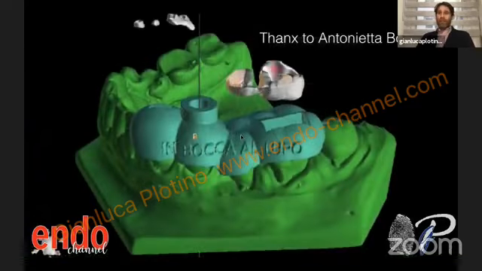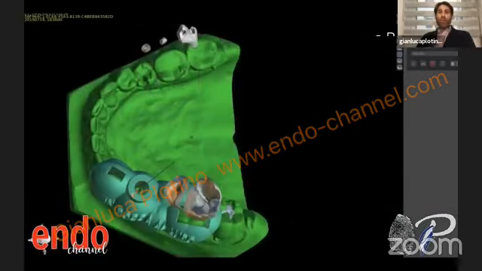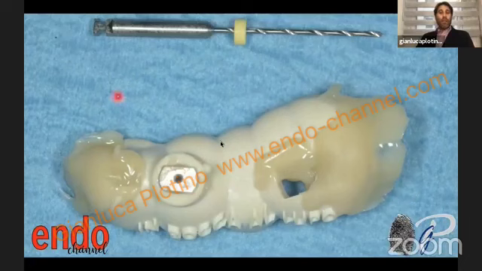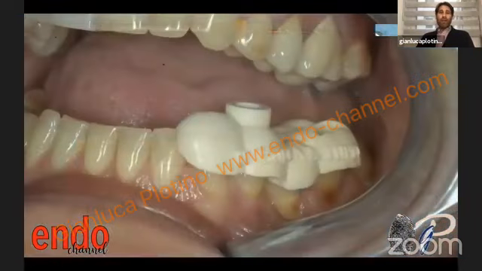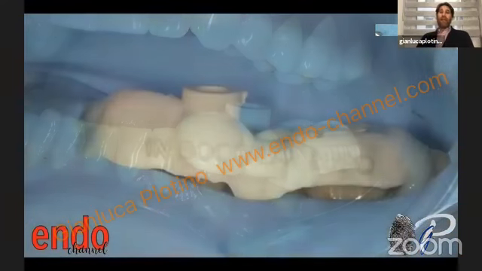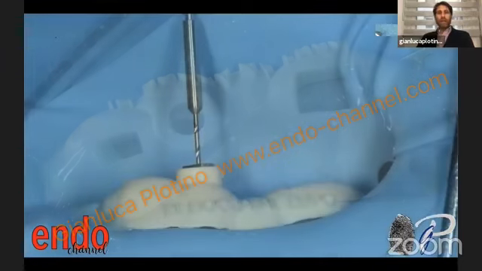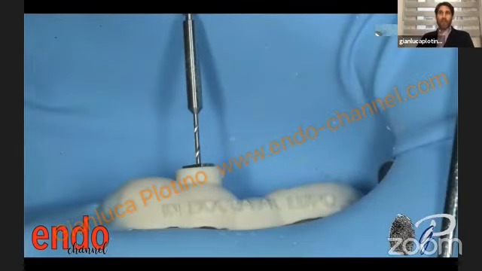And my good friend Antonietta Bordone, a specialist in this technique, constructed this guide for an endo access with a special burr that will reach through this hole the point in which the canal is visible inside the CBCT. So you just have to try the guide inside the mouth with the rubber dam, fix it with some resin composite, and then trust in the 3D planning, trust in your small burr